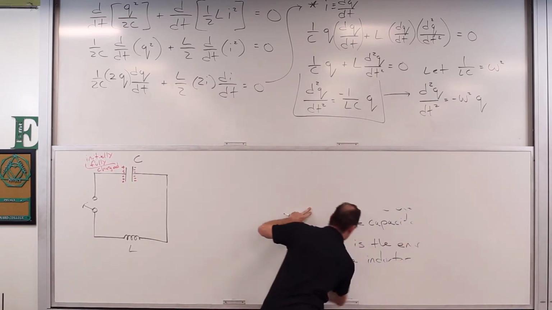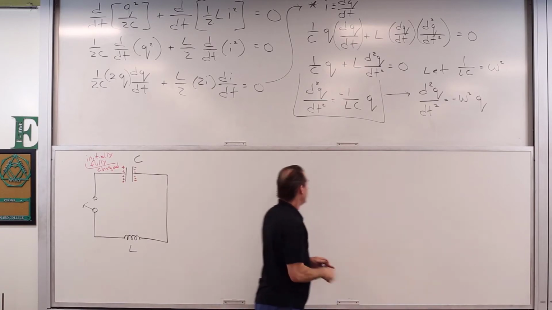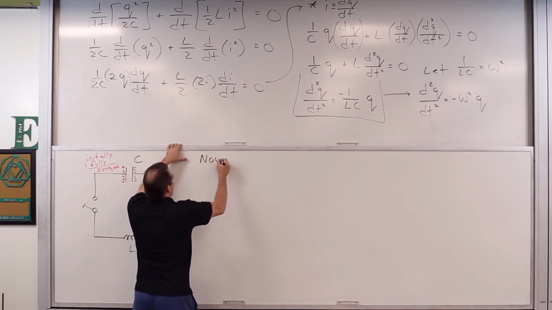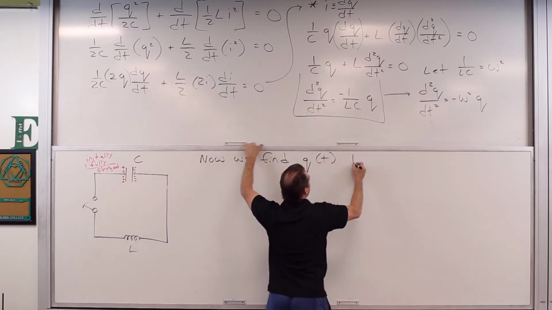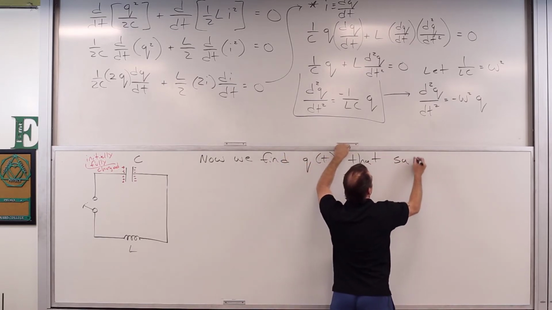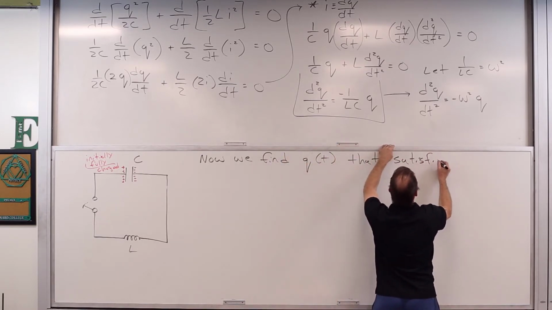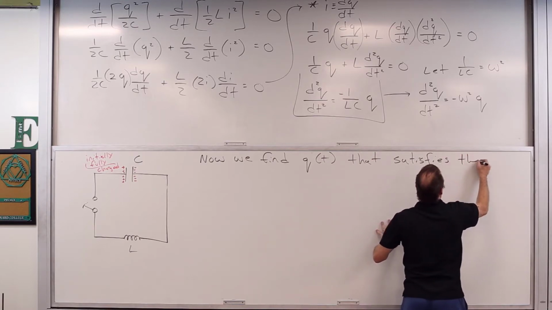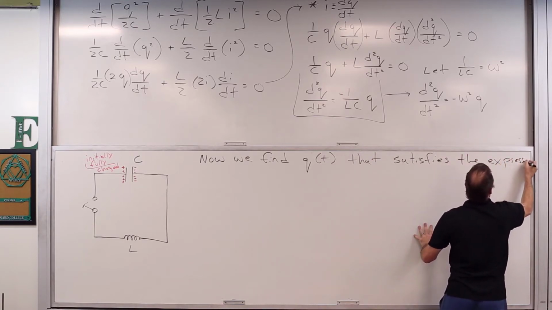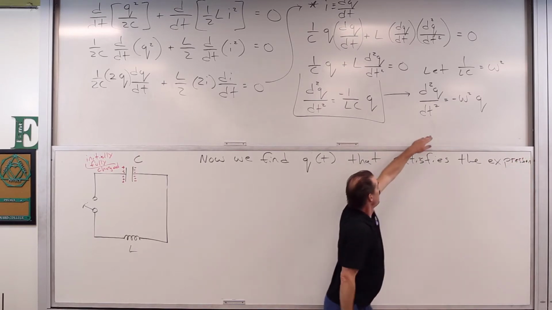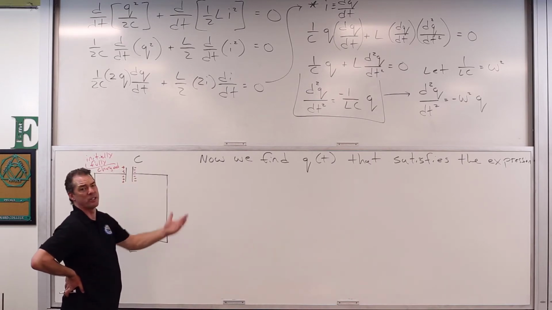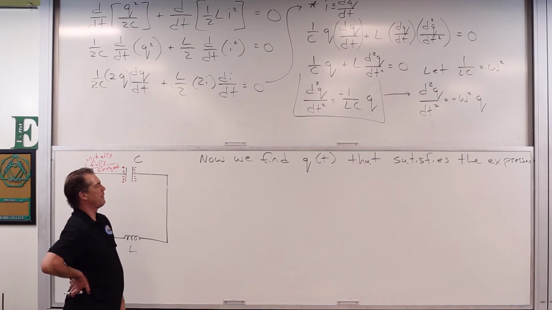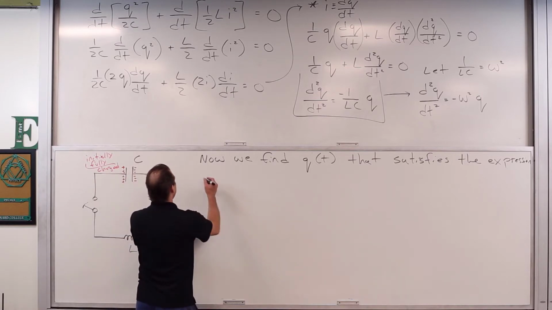We want to get what Q of t is. It solves that expression out. Now we find Q of t satisfies the expression. What expression? This expression. So again, we said something sinusoidal. Let's pick cosine, and then we'll deal with the ramifications of that afterwards and see if that was a good pick. So let us say